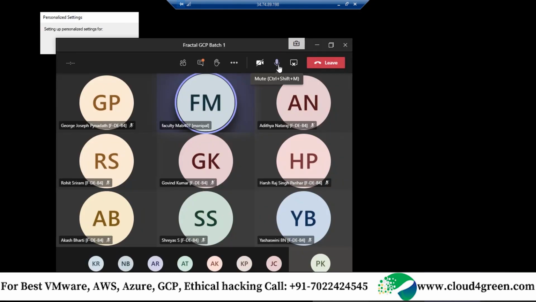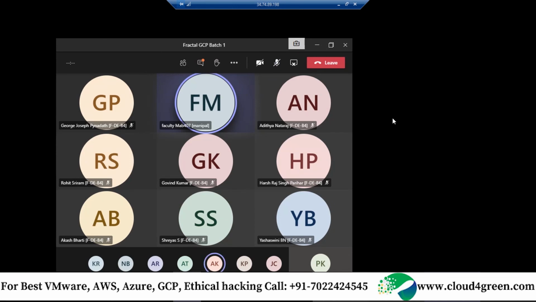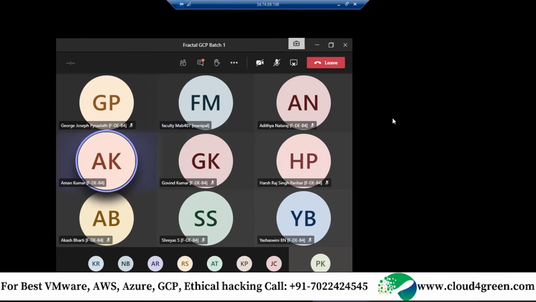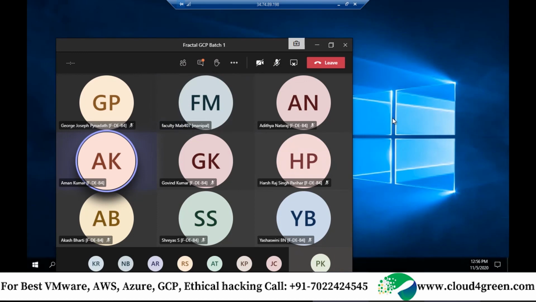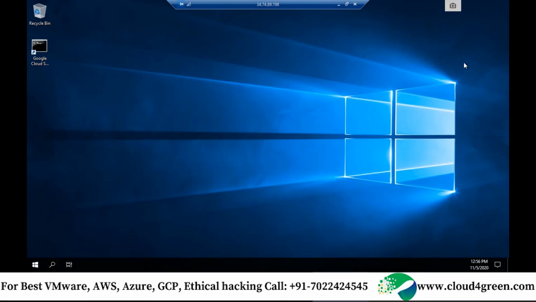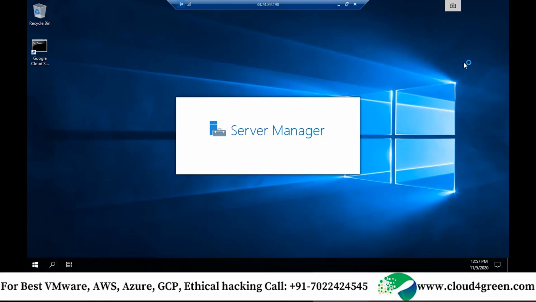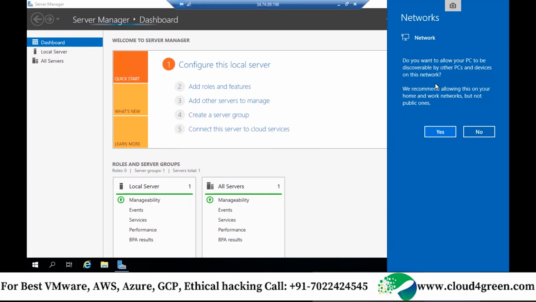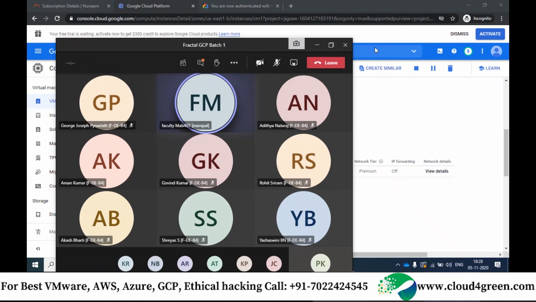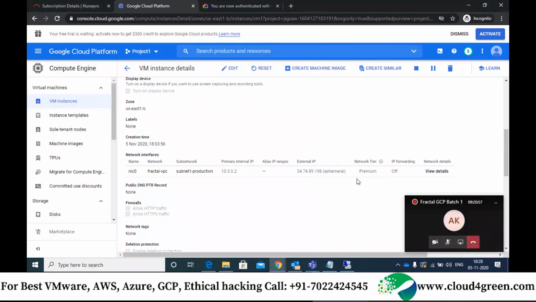Okay, guys, I'm going to halt the session here. Sir, I have one small question. For me, the remote access is showing SSH instead of RDP. May I know the reason why? You deployed a Linux machine, my dear friend. Go and check the disk image. You would have set it to Ubuntu. I asked you to change the machine to Windows Server 2019. Okay, sir, I haven't changed that. Okay, fine. Thank you, sir.